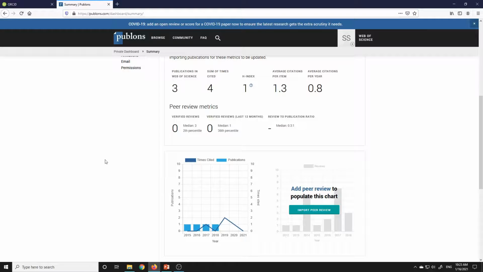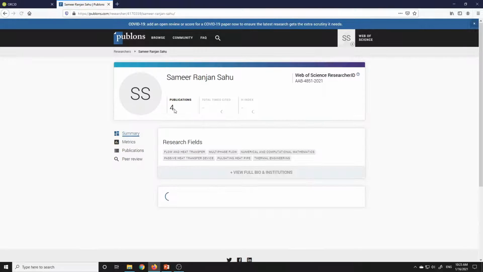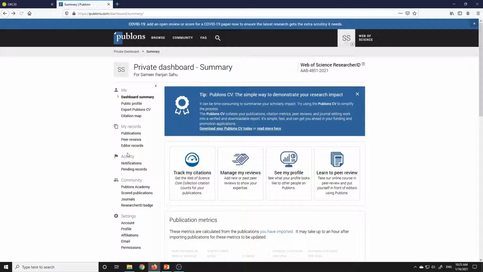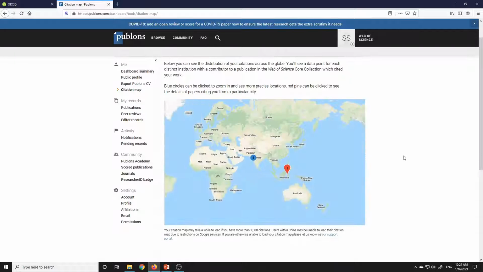Now you can go to the public profile. Here you can set what you want the public to see. You can edit it from here. Then the citation map. Here you can see where your papers have been cited, from which country.